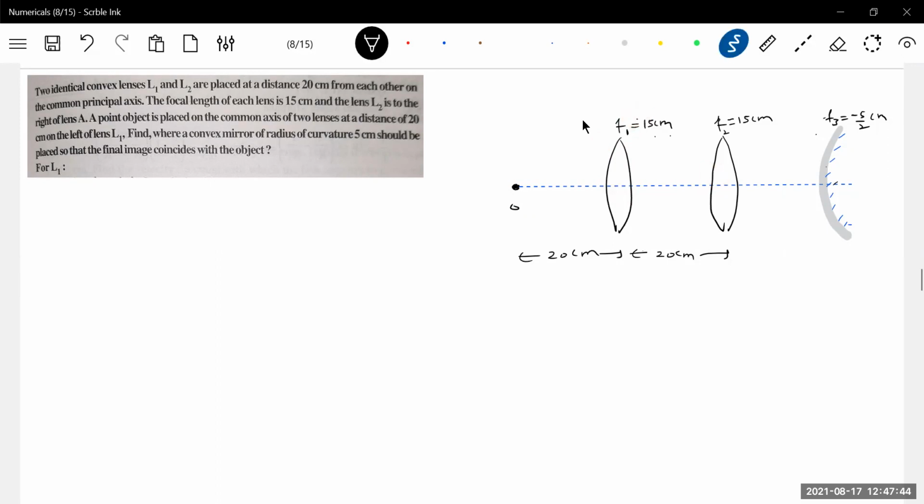Don't be lazy. Maximum students, they want like that only. Sir, can we replace these two by one equivalent lens? No, we don't have a formula when object is at finite distance from any one lens. Better to work out. Carry on. I just picked up this question only to give this information.